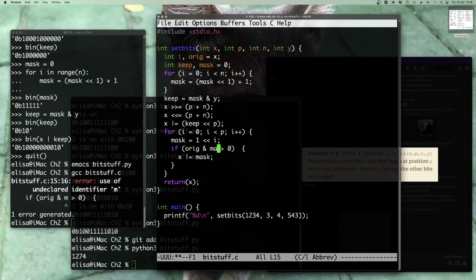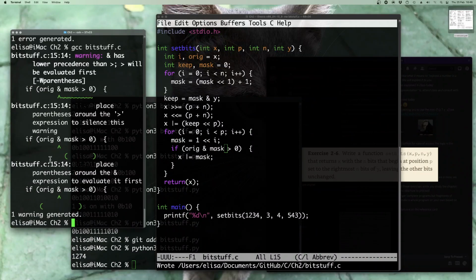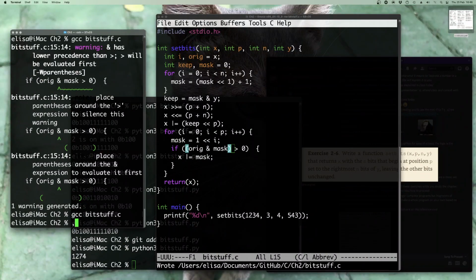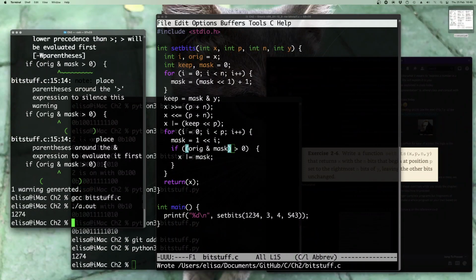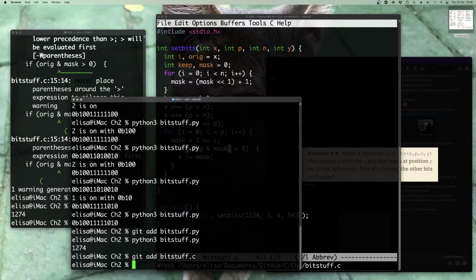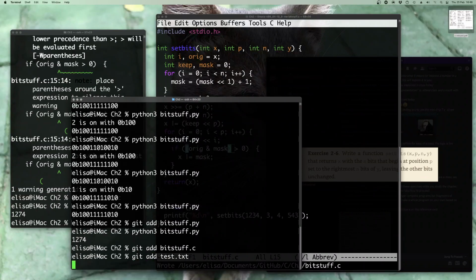It's called mask in the C code. And we need the parentheses to first do the AND and then compare with the 0. 1, 2, 7, 4. Yes. Okay, so this seems to be reasonably doing what it's supposed to be doing. We're going to commit it as exercise